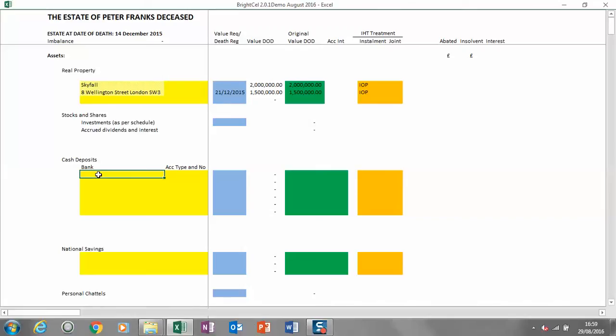I'm going to put in some banks. And the current account balance is 200,563, and we've got no accumulated interest on that one. But if we now have a deposit account that goes with it, and we'll have 1,300,000,